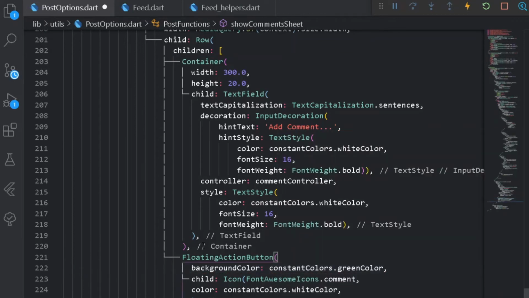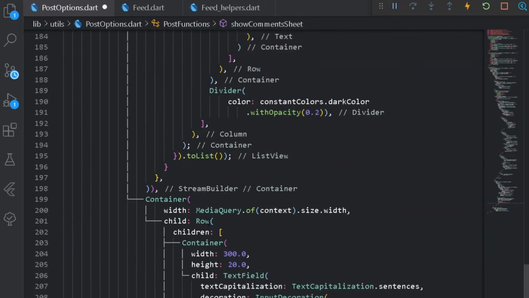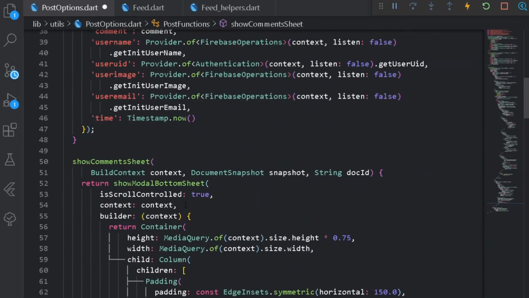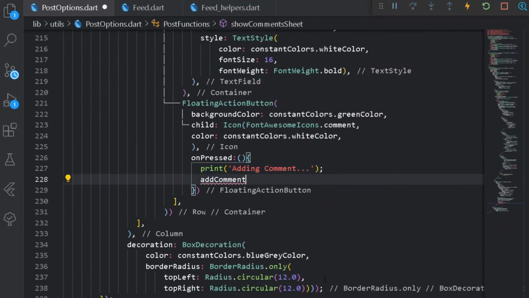Here on pressing it, we can simply perform the action of add comment. For that, first of all let's have a print statement of adding comment, and after that let's call the method of adding the comment which we have declared up here, addComment. So let's add it here, addComment.